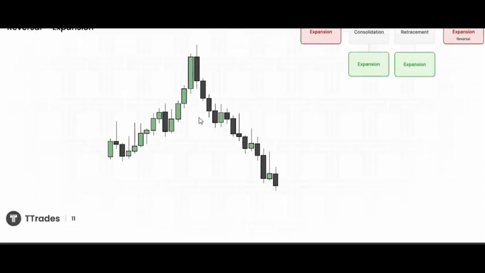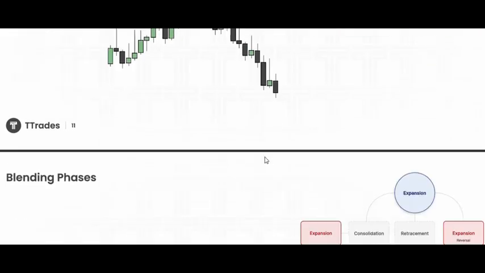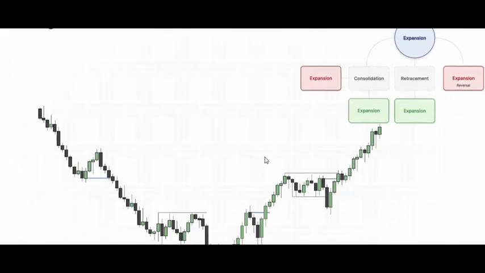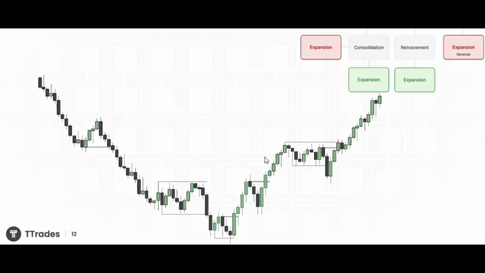Because if the market was supposed to move higher again, then it would have either retraced or consolidated, at least not met with this strong move. So if the move is this strong, then it means that the market has reversed. So this is the whole picture of it, right? You have expansion, a retracement, expansion,